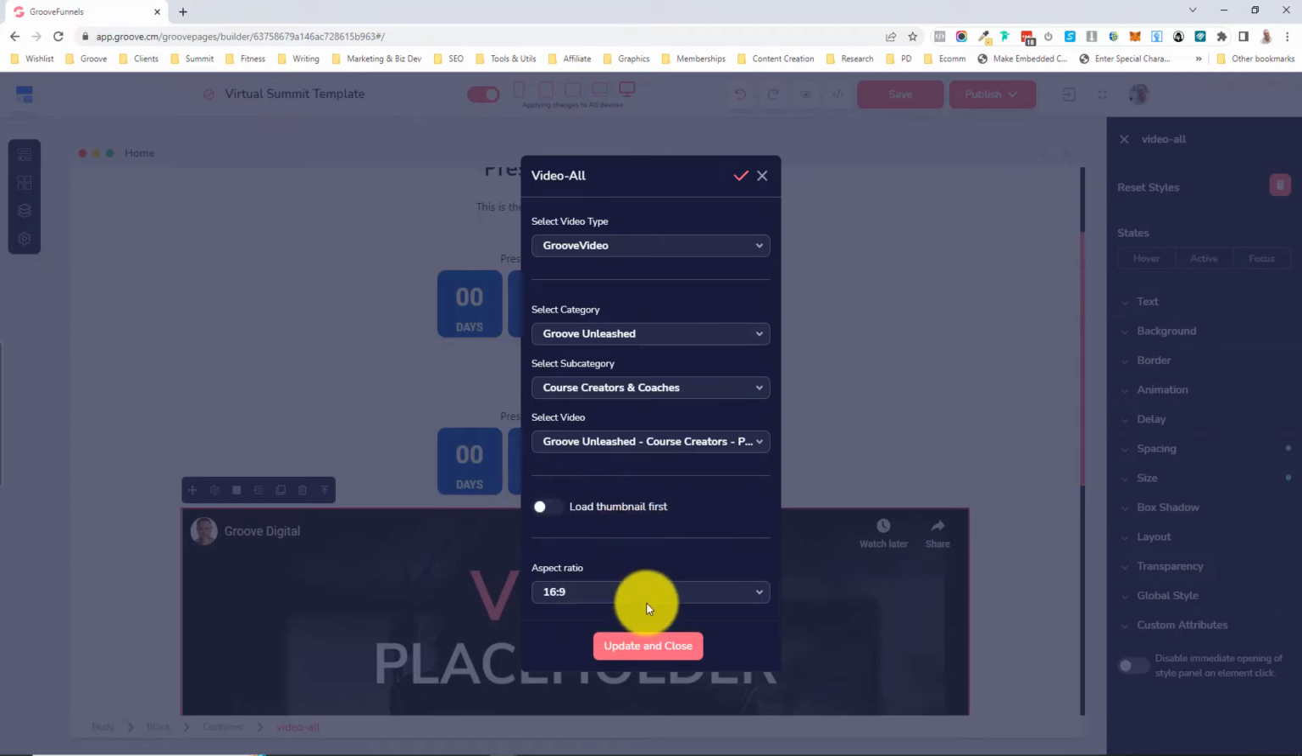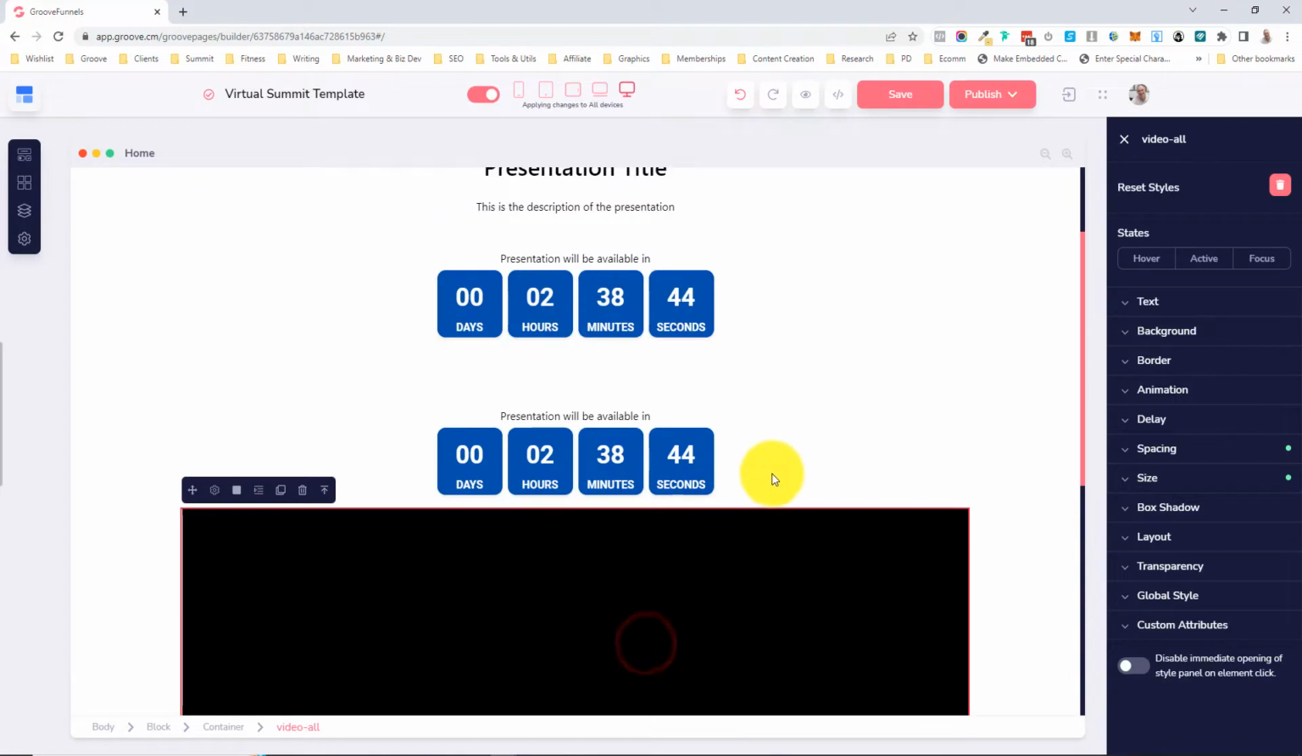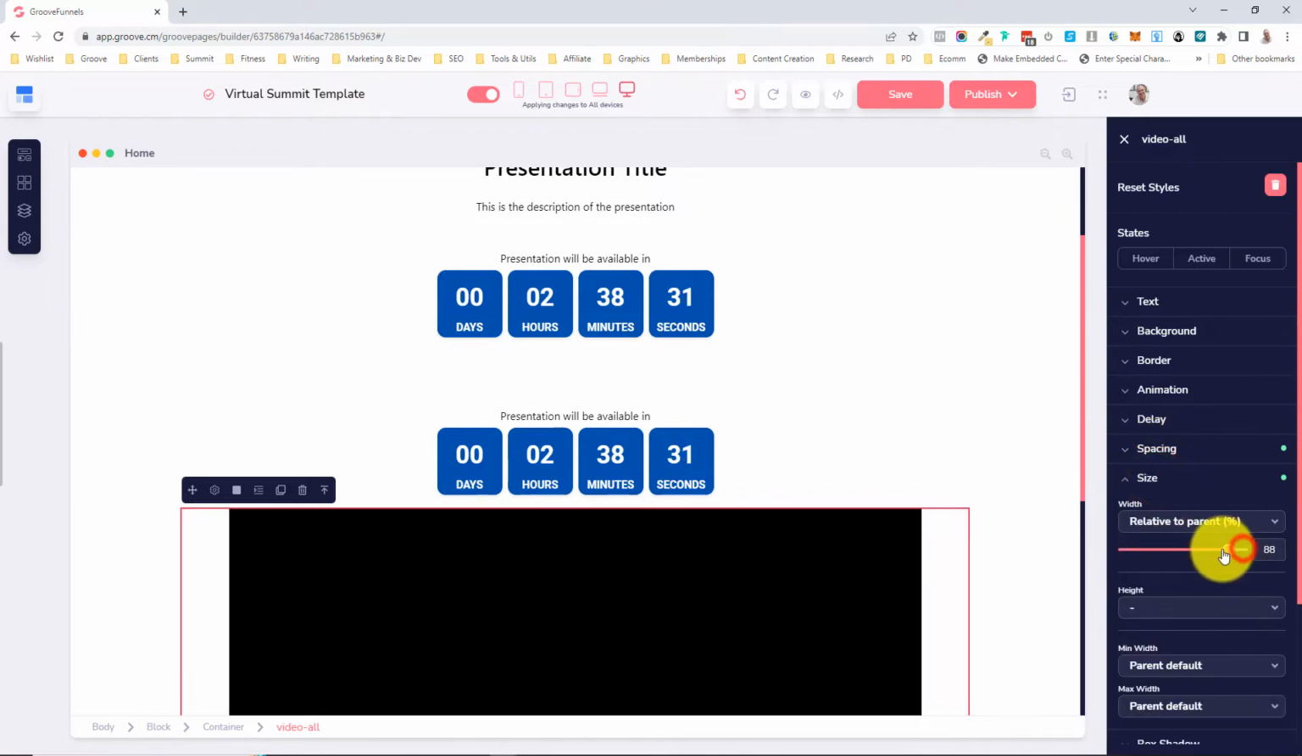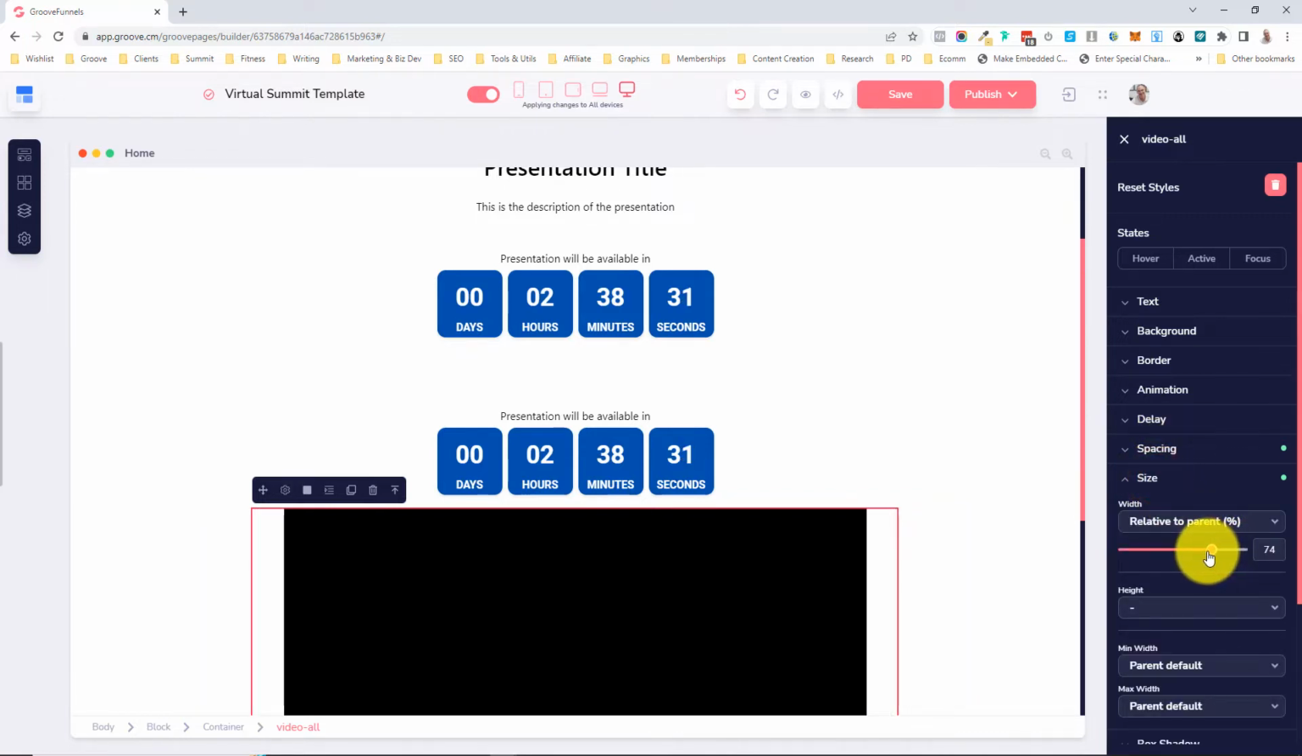Select this one and click update. This is just a sample so you can see what's going on. Now I don't want this video being so wide on the main device, so I'm just going to change the size. I'm going to bring it down to say 75%. That's a good